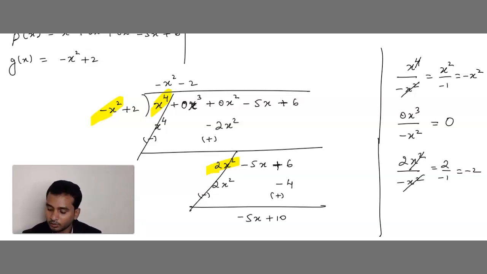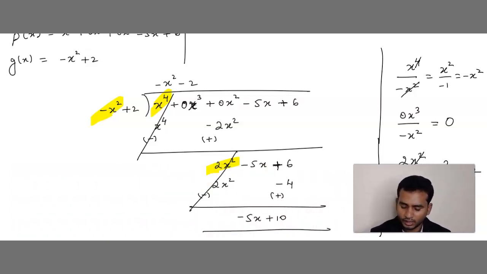Now what is the first term here? Minus 5x. What is here? Minus x square. Minus minus get cancelled. So one time will get cancelled. That is 5 by x. 5 by x, it means 5 and x will get cancelled? No, it won't get cancelled. So what we have to do? We have to stop these terms as it is. We have to stop here itself this problem. So this is our remainder. That is minus 5x plus 10.